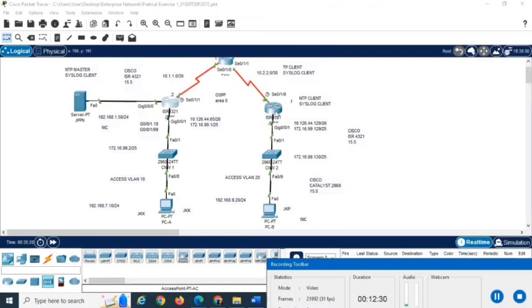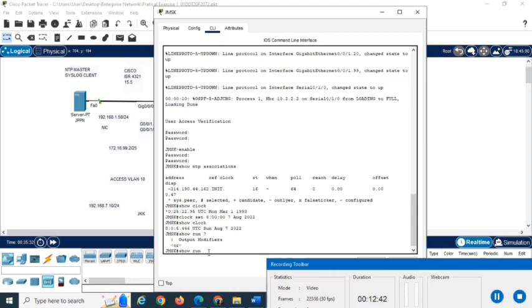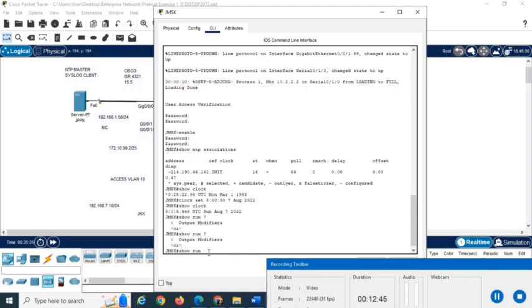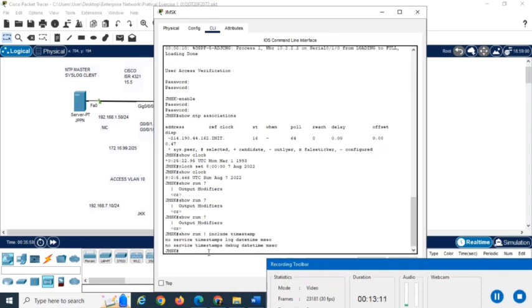For the third router it is also the same, must type the command show run, then type include timestamps, then config t,